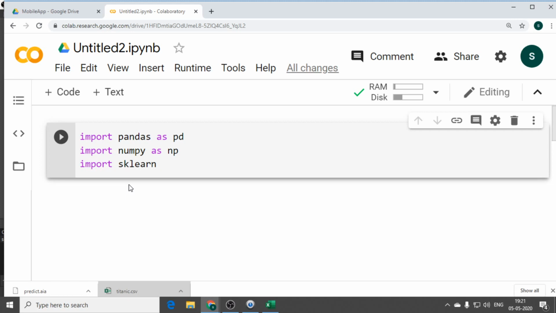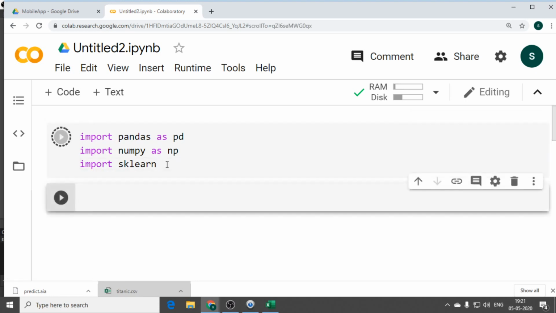Yes, is it done? Uploading. Then we'll first read the data set from it. Once it is done, you can press shift enter or you can run the cell. First read the data set. I'll give Titanic data. pd, pandas is a library to read the data set, right? So pd.read_csv of what is the data set name?